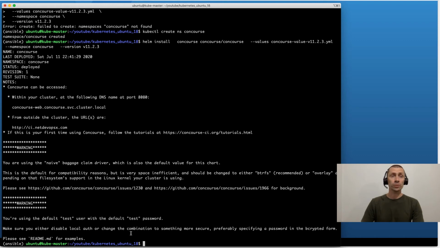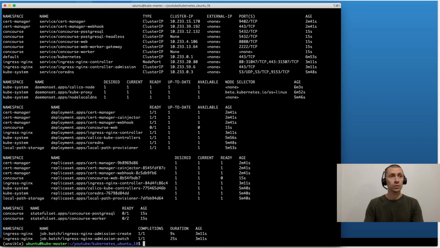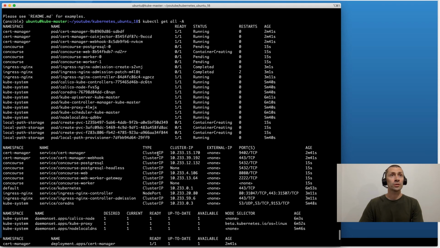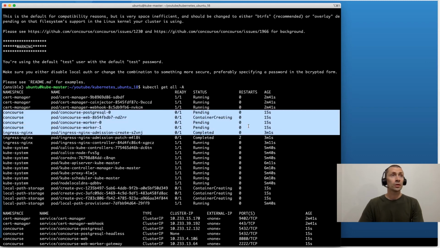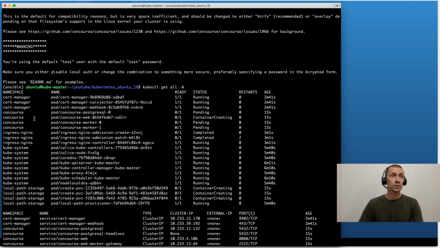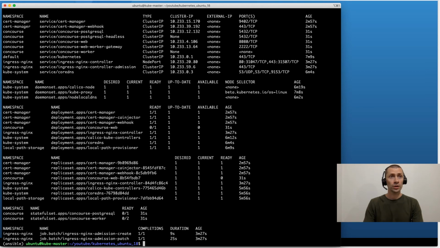Okay, now I think we should check what's going on in the Kubernetes cluster. kubectl get all, a lot of things in process. Right now, we will see that the Concourse software is under installation. It takes some time, but in the meanwhile, let's prepare the HA proxy. And we will store this data in the editor file because we will need it to configure the HA proxy.